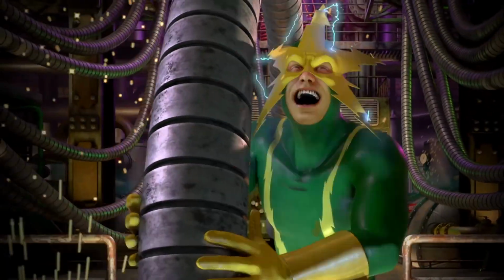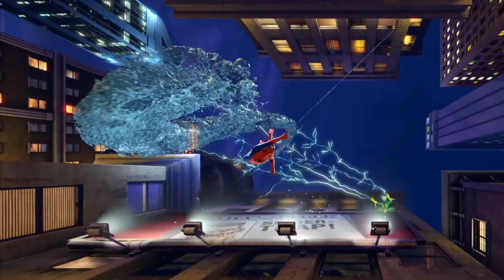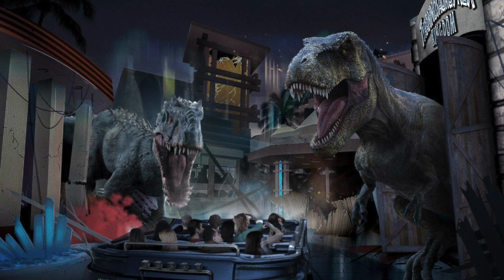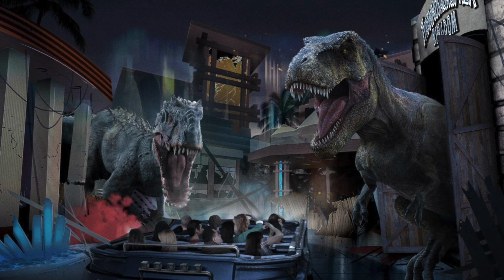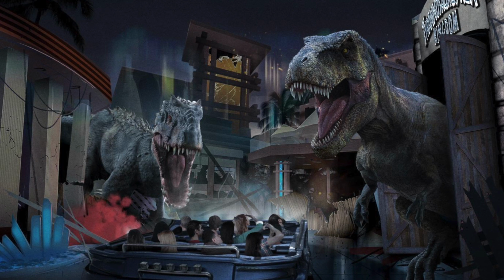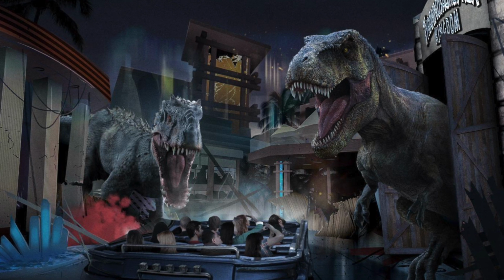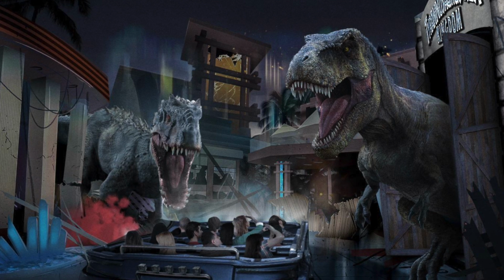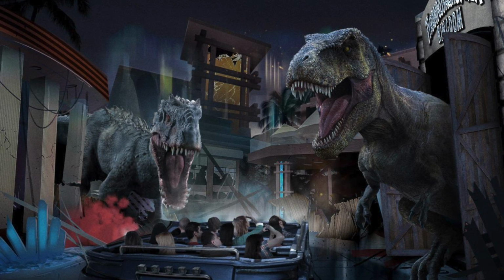The other thing we can see is that it looks like the dinosaurs are actually invading the park. So this isn't their enclosure. We can see that there's this building smashed around the guests and there's cables everywhere. I think we can expect story-wise that we're going to be starting off going into the dinosaur enclosure to see it, and then at some point we'll be back in the park in Jurassic World, and the dinosaurs have escaped